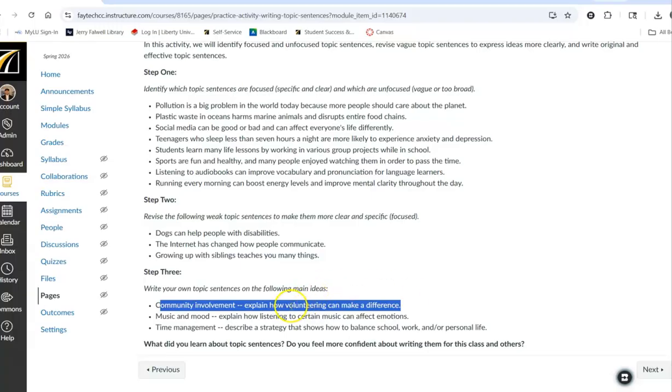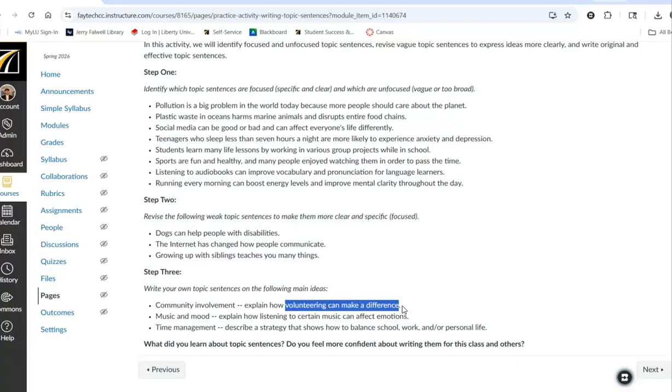Well, think about some specific form of volunteering in a community to help specific people and the specific difference that it could make. Okay? Volunteering at the local soup kitchen can provide much needed food and nourishment to homeless people